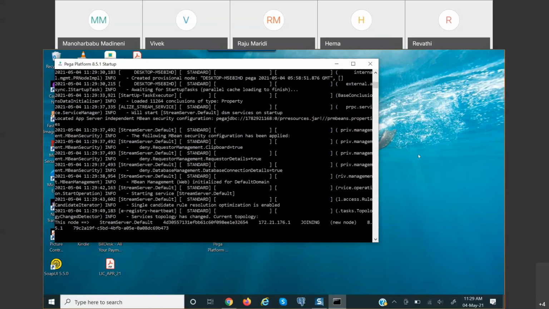Along with these, the operator ID, access group, application and rule sets, it will also create classes. Whatever classes we need for the creation of the rules, that setup it will create for us. It is an automated wizard.